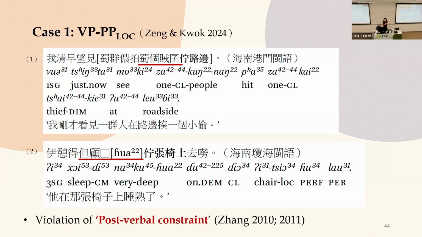So the first one is the post-verbal prepositional phrases indicating the location of an ongoing action. And for anyone who's interested, because this is actually quite a complicated discussion, we already have a paper published in 2024 that was co-written by me and Professor Kwok, and it was published in the Cahier de linguistique Asie orientale, or CLAO, for anyone who wants to look for it. I'm just picking out some of the more relevant and important insights from the paper to share with you here because of the limited time.